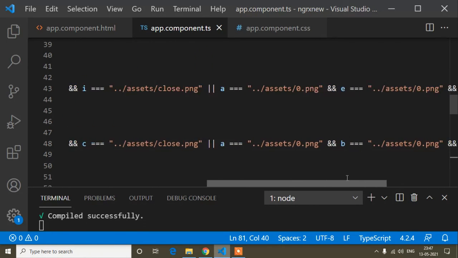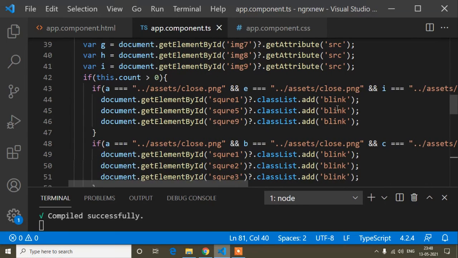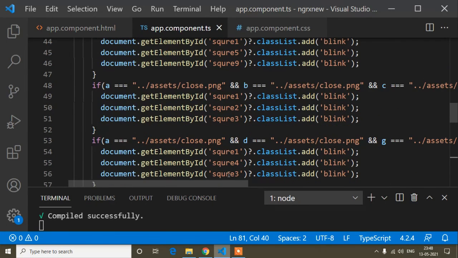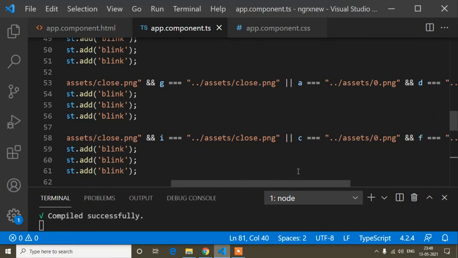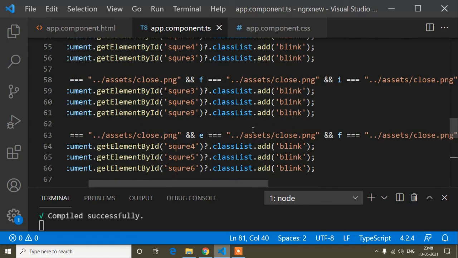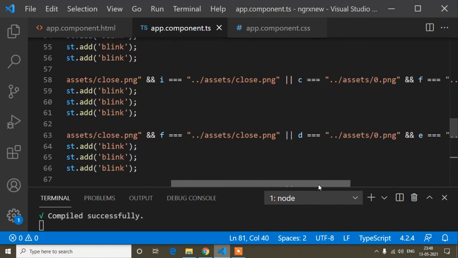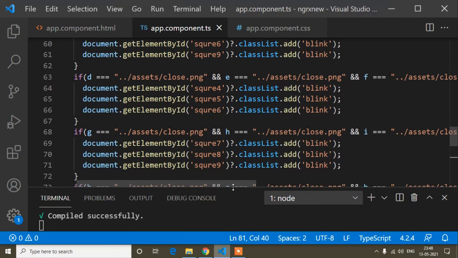So you can see, I'm just scrolling, so you can pause it and you can copy, I mean you can write this code in your project.